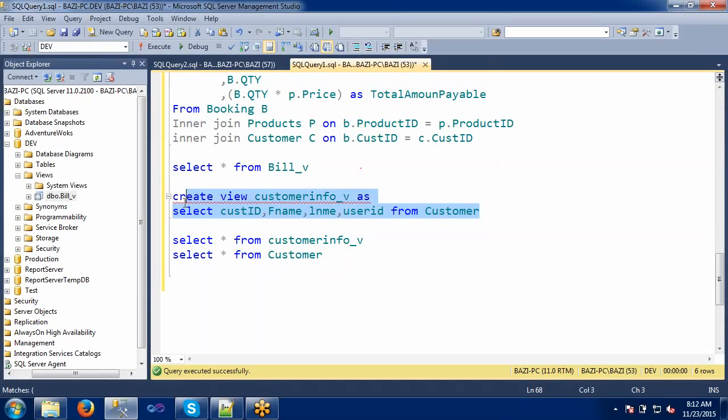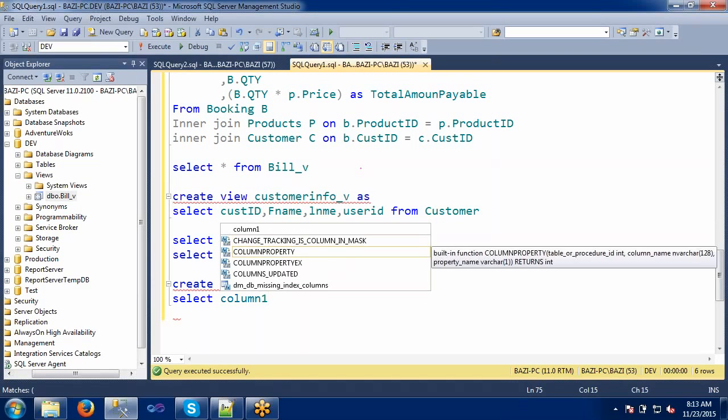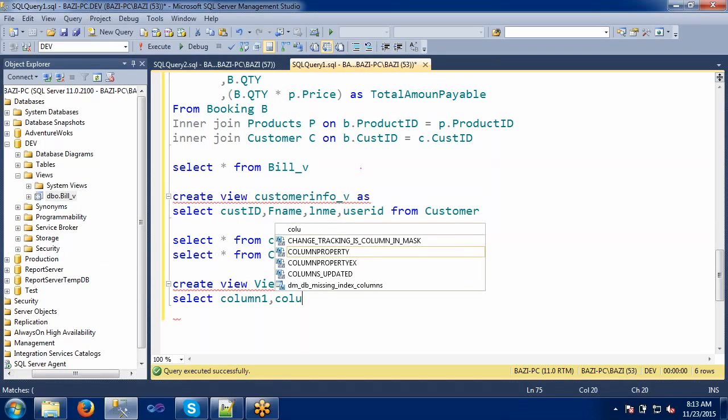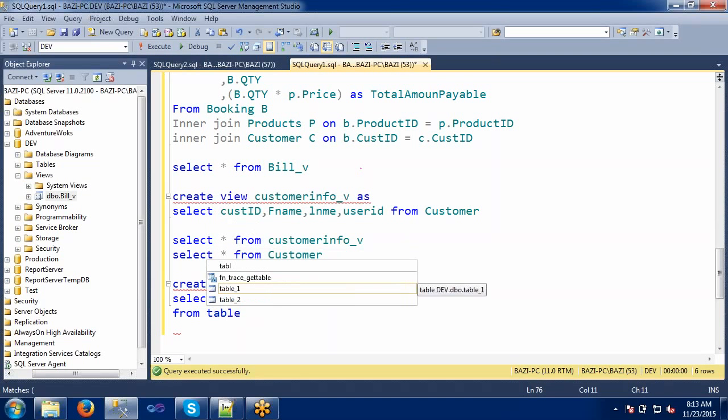Don't we have any syntax for this view, sir? Yes, we have. I will show you. Create view, view name as select column name from table name.